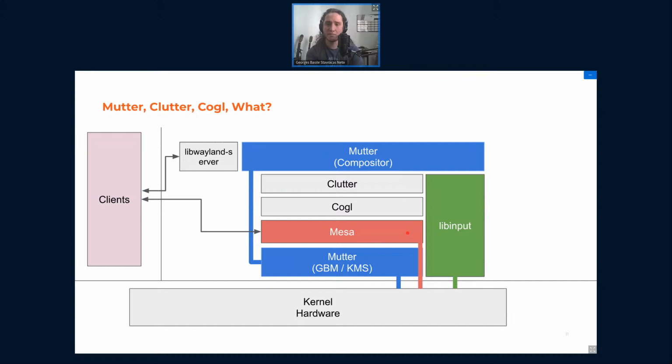It does that indirectly using libinput. And it then sends these input events to the clients, also through the libwayland server route.